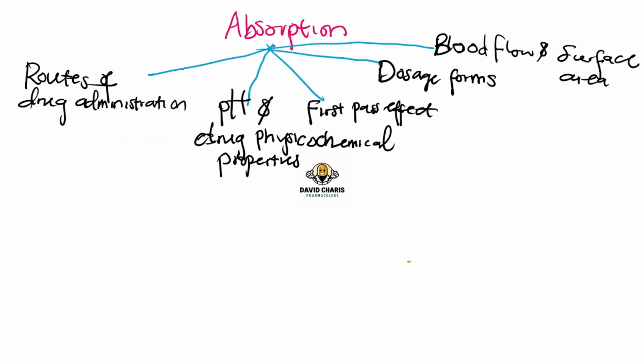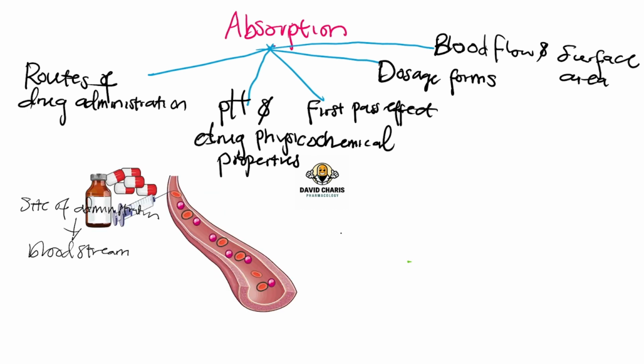The first one is absorption. Absorption is basically the process by which the drug moves from the site of administration directly into the systemic circulation or the bloodstream. Now, these are the factors that affect the absorption of the drug. Before that, we are going to be looking at